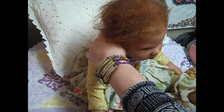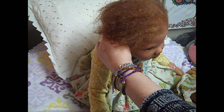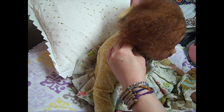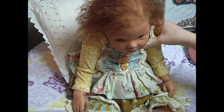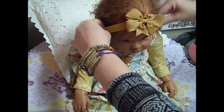I don't want to put too much water in her hair because, like I said, I had her dressed and snapped a couple photos for her mommy. But I just want to put this headband on her. I don't know how well she sits down in a boppy hole. She sat up really well in my photo area for her mommy's photos. But let's just put this